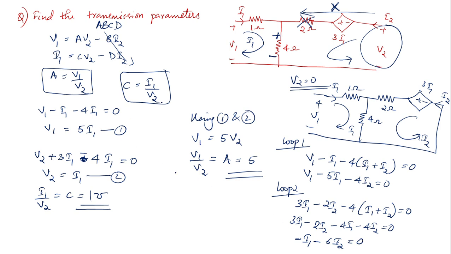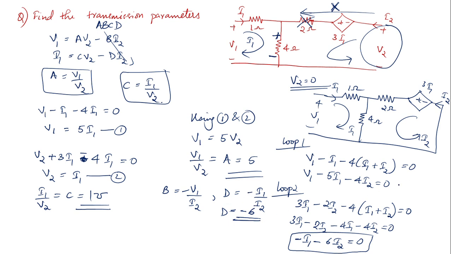And what are the parameters that you need to find? You need to find B. What is B equal to? Sorry, minus V1 by I2. Here there is a minus sign, right? Minus V1 by I2. And you need to find D. D is equal to minus I1 by I2. So here you can see that you got a relationship between I1 and I2. You can solve and you will get the value of D. So I will just write down the value of D directly, that is minus 6. Please do not forget that in D there is a minus in the formula itself.